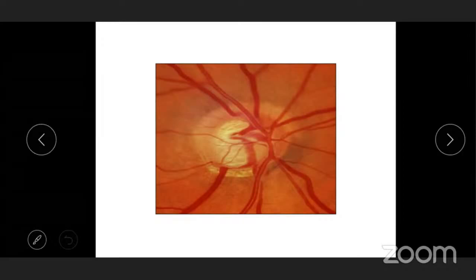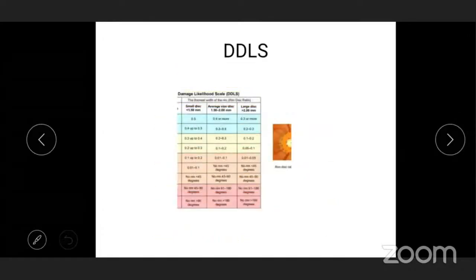This is not the comprehensive list. There are some soft signs which I purposely avoided just to keep the duration of the talk which was given to me. This is a classical glaucoma picture, and the large parapapillary atrophy all around is typical of glaucoma. And based on all this is what you have, the DDLS scale. And this is available on the internet. I've taken it, in fact, from the ResearchGate site. And it is based on what I've just taught you, the 6 or 7 important points. So there's a table which you can see, and the table is based on those points.